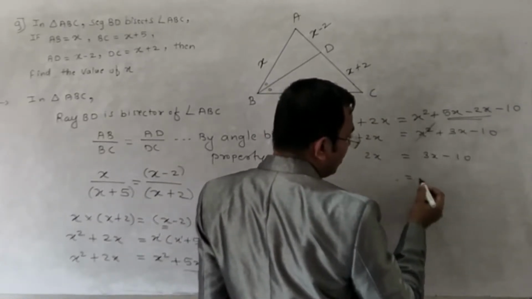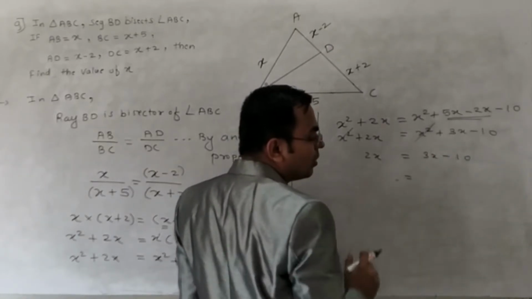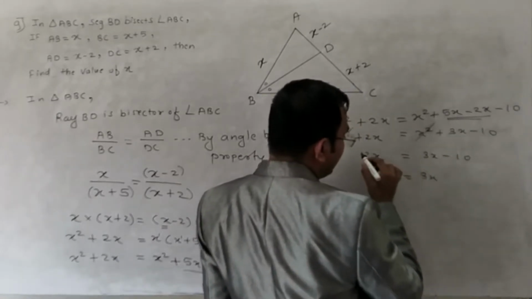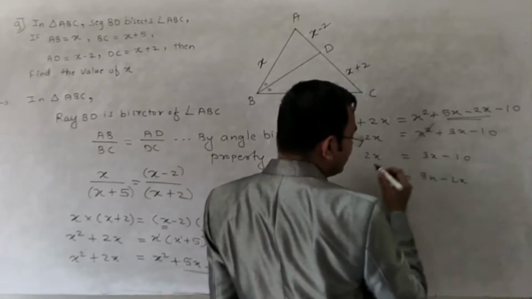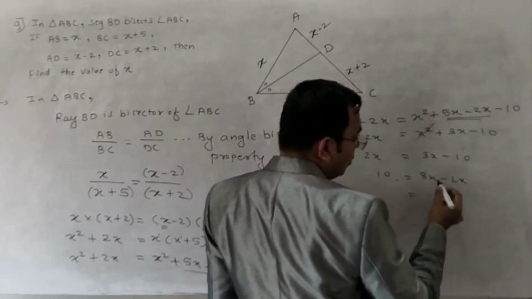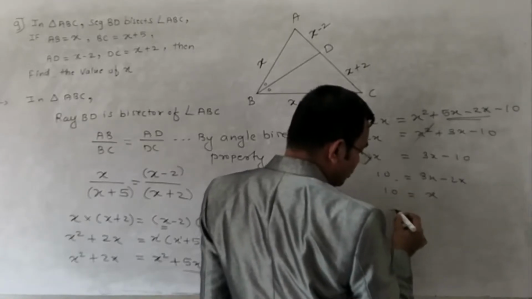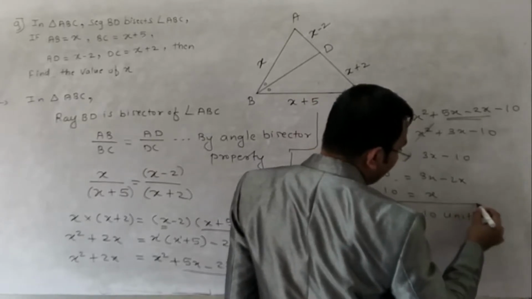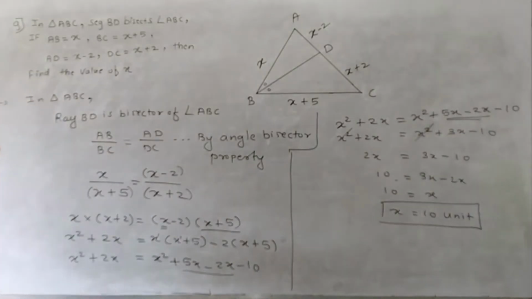Okay, so move the variable to one side and the constant term to the other side. So we move 2x to that side. Here it is addition, so there it will be subtraction. Here 10 is subtraction, so here it will come as addition, it will become plus. It will move here. So from 3x subtract 2x, what remains? x remains, so 10. So x is equal to 10 units. So this is the value of x. Write this down.